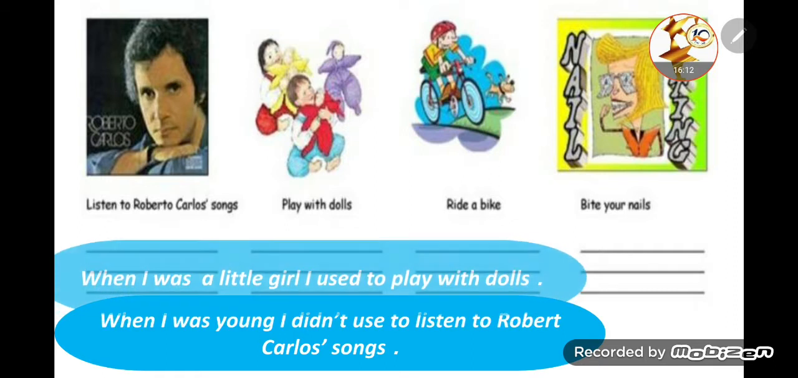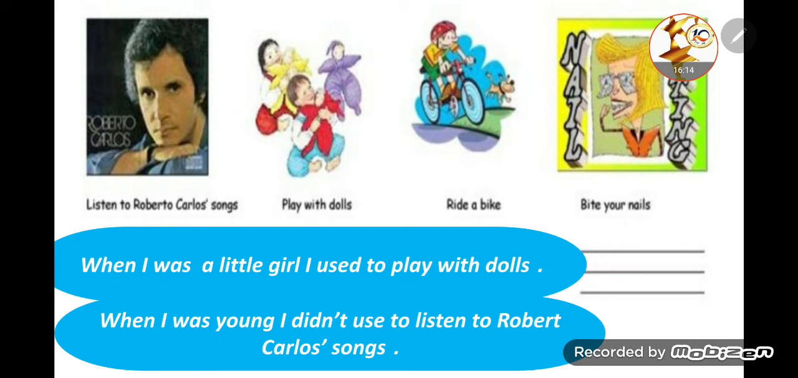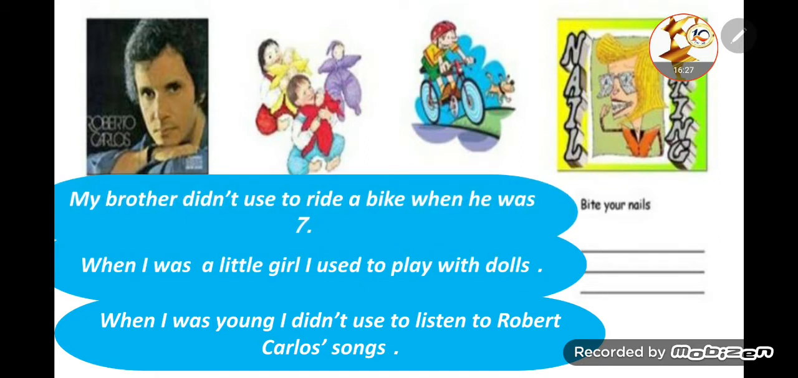Play with dolls. When I was a little girl, I used to play with dolls. When I was a little girl, I was used to playing with dolls. Okay, ride a bike. My brother didn't used to ride a bike when he was 7. Or I can say I didn't used to ride a bike when I was 7. Or you can also say I used to ride a bike when I was a child or little girl but now